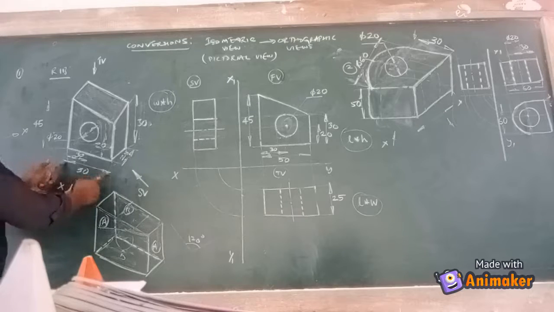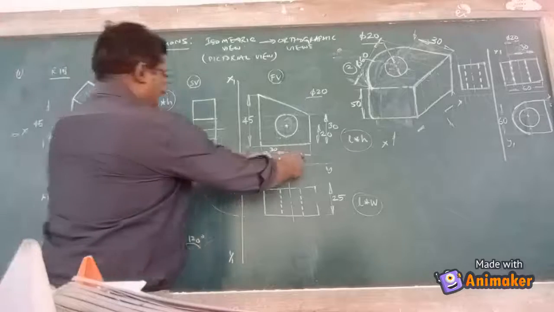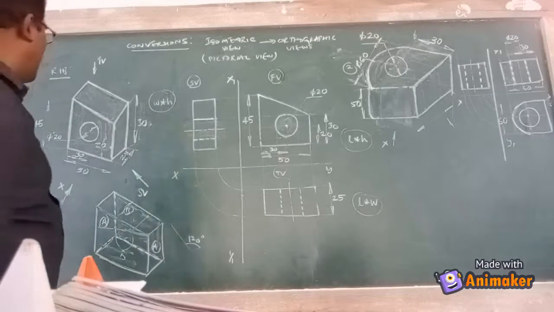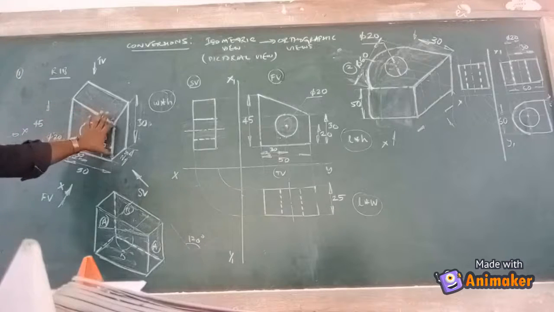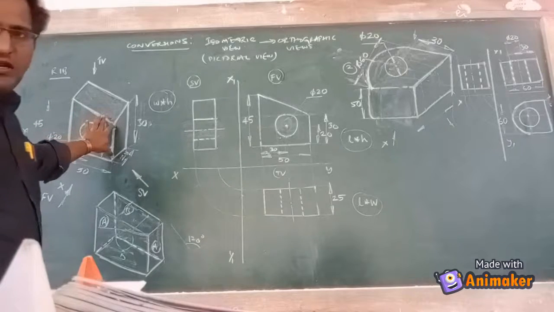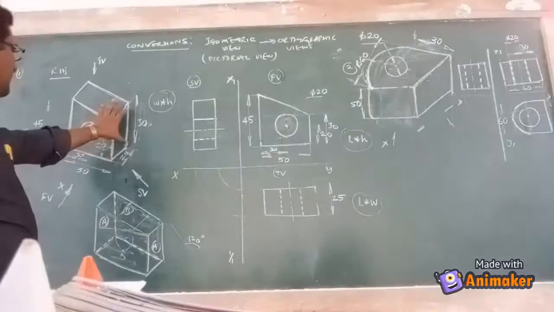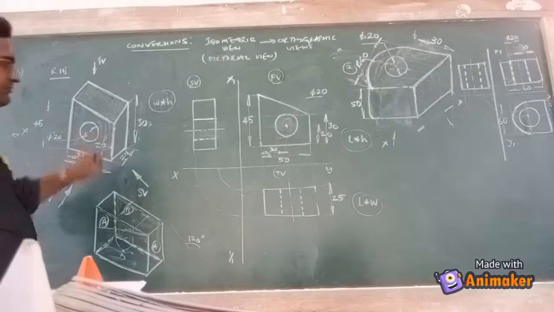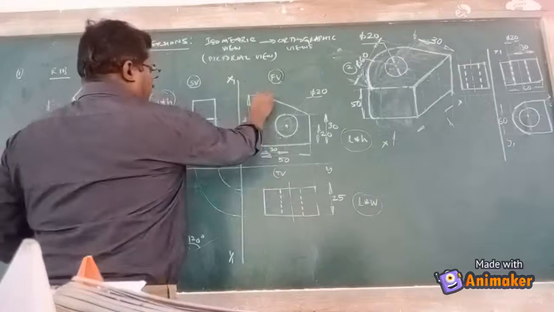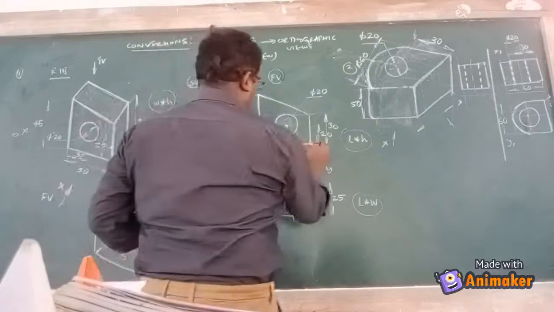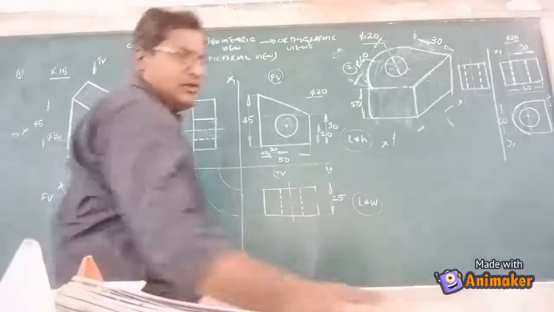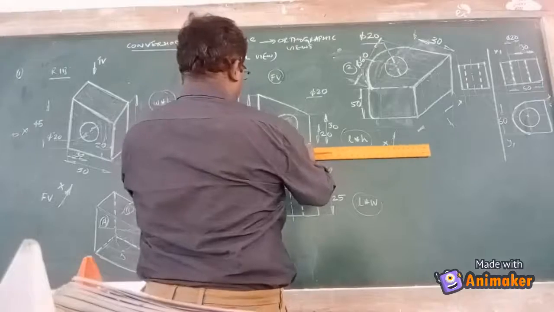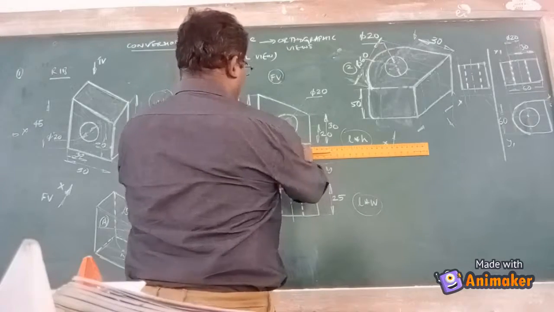Now the total length is 50. Okay, so we require the length dimension 50, and the height of the object is 45. Total height is 45. Now we can see that there is a cross section. This is an inclined rib. Okay. So there the height corresponding to this is 30 from the base. So we try to see, first construct a 50 mm length line using your scale. So all these things have to be made with measurement from this.